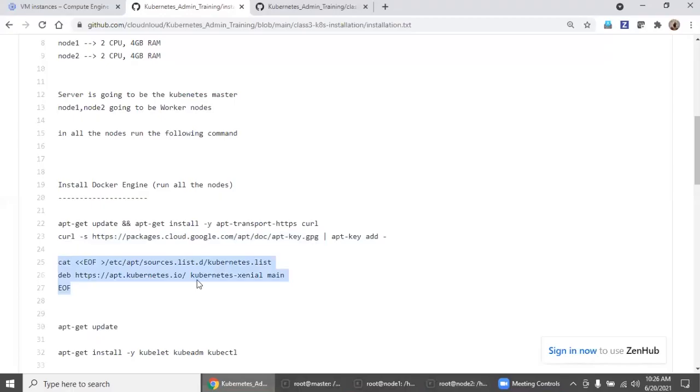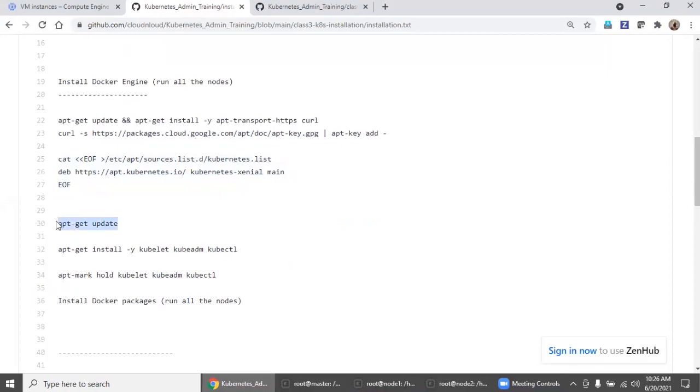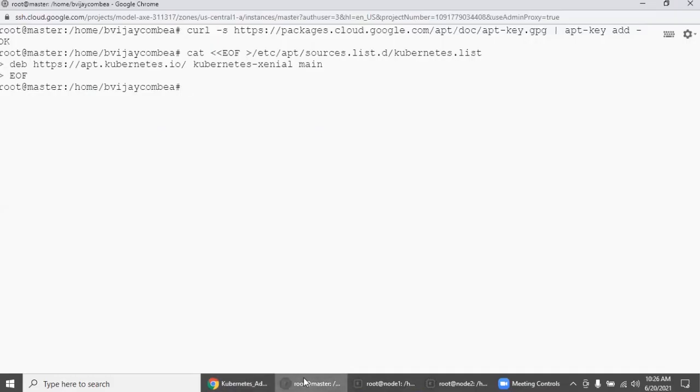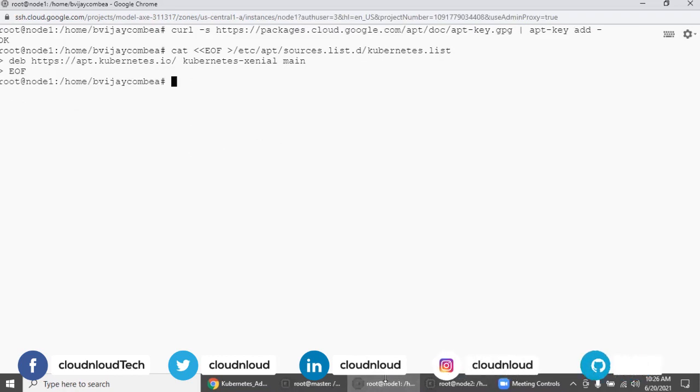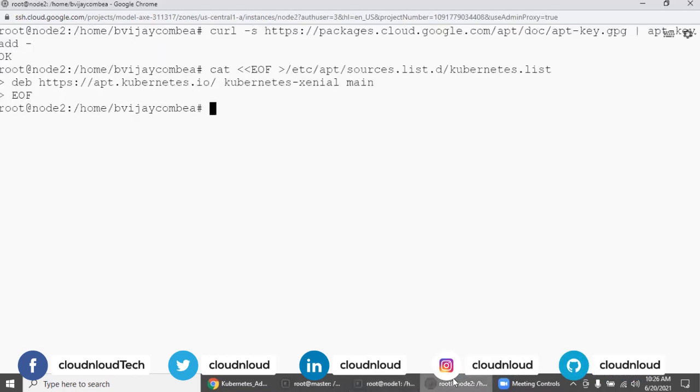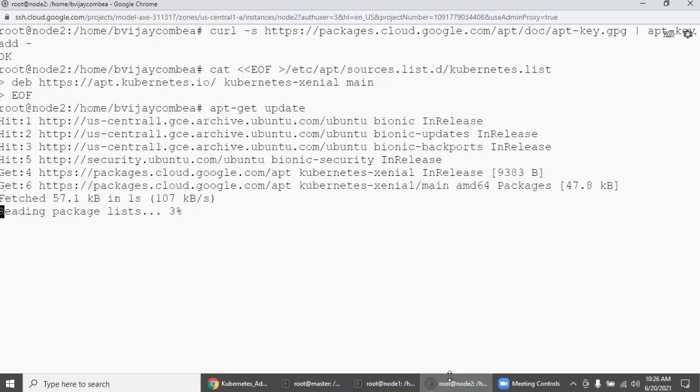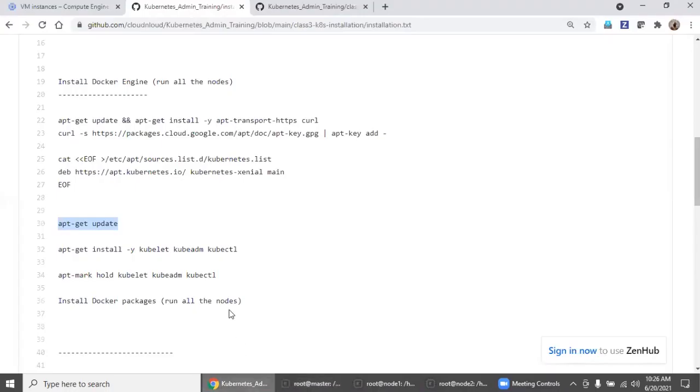Now the repository has been added. Now it's better to refresh and update, and go to the worker nodes and do the same command, apt-get update. And I am going to install the kubelet, kubeadm, and kubectl packages.